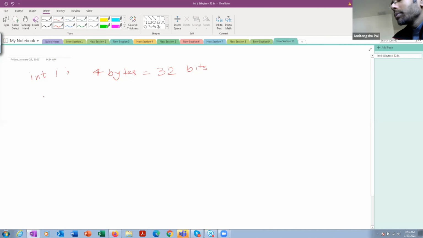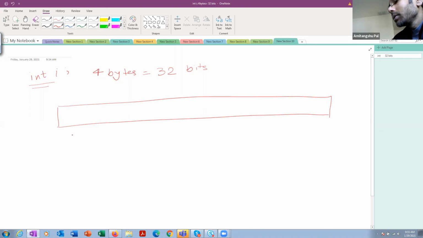That means whenever you are writing integer i in the memory location, 32 bits are getting stored. All right. Now using integer, you can represent both positive numbers and negative numbers.